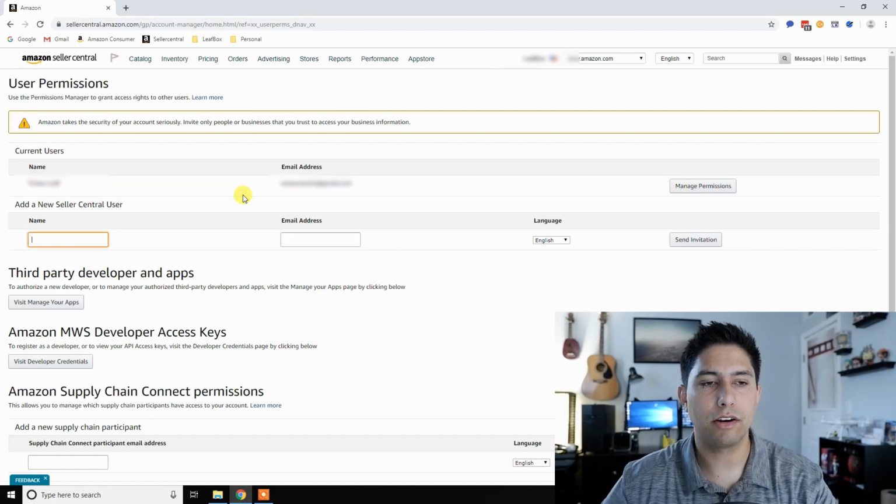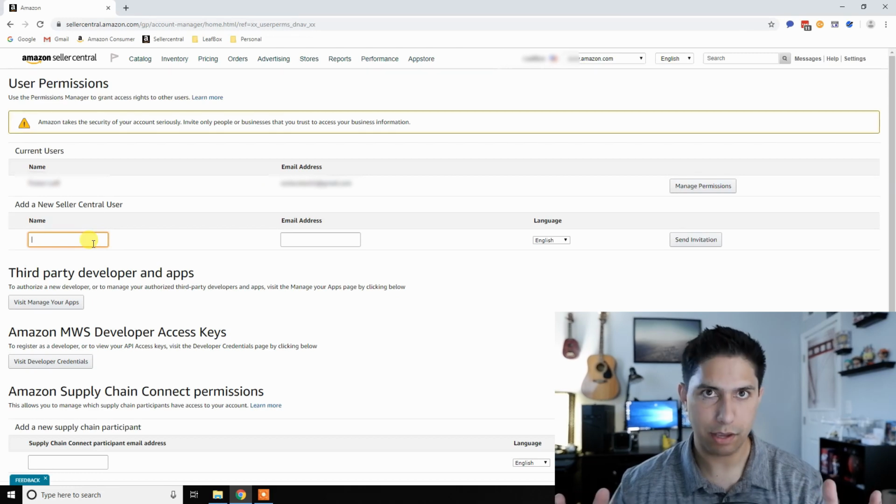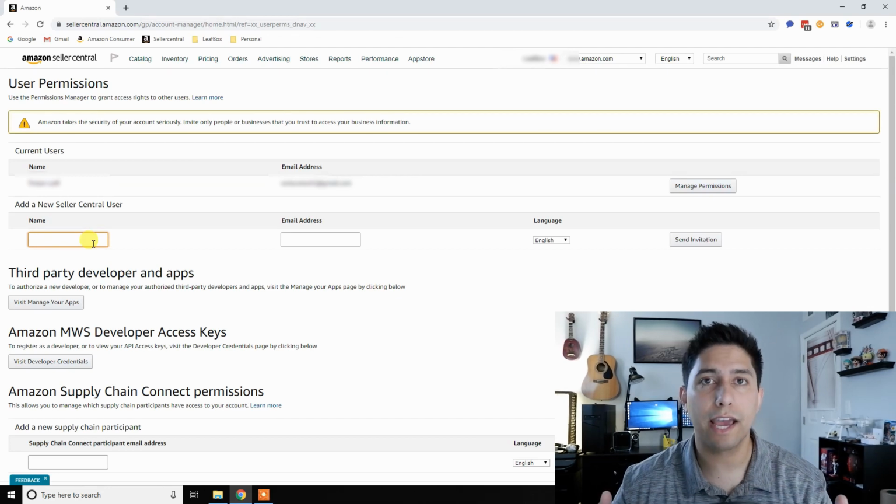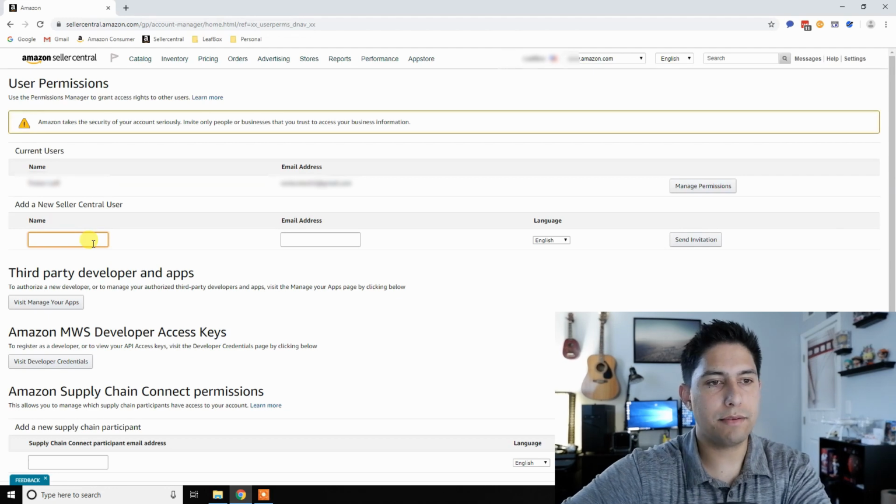If you're having someone manage or help manage your Amazon account, you'll need to have them create a separate Amazon account that's not already established as their consumer account, the account that they would use to purchase their products from Amazon. So they'll have to create a new account, create a new email, and then you would type in their name,